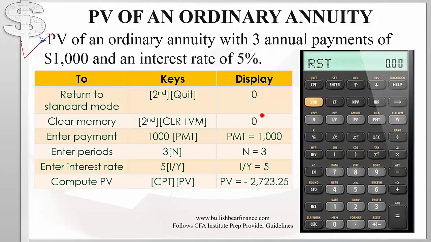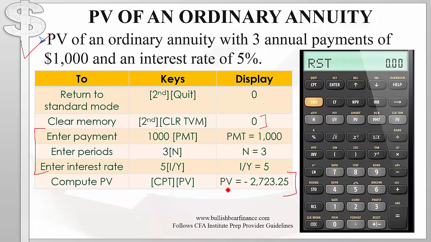Your calculator should display this. We enter these 3 figures. So payment is 1000 PMT, 3 N is period, 5 interest is your interest rate, and then we compute present value by hitting second and present value, and you get this figure,